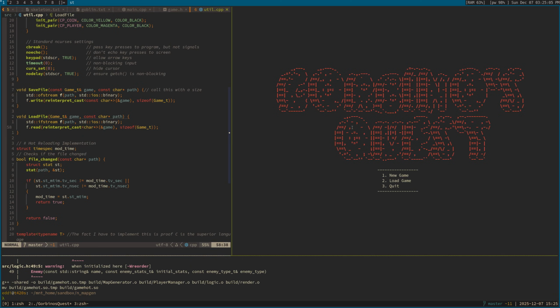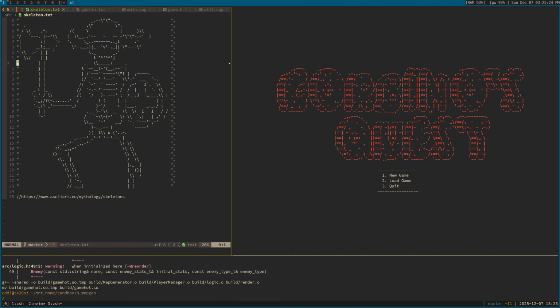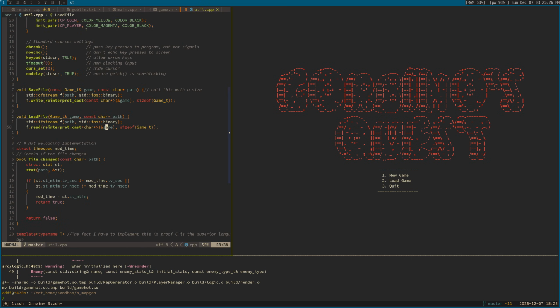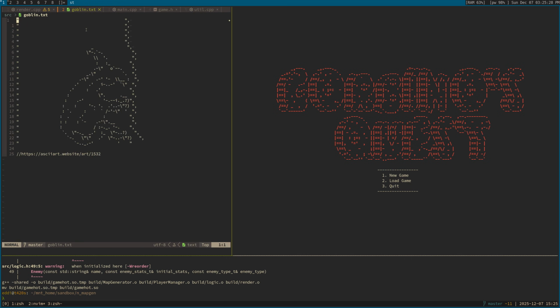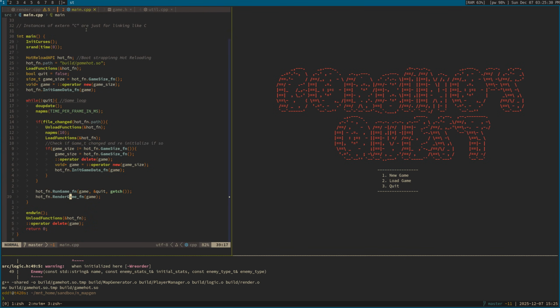So I did the dungeon crawler project for mine. I used ncurses as the graphics library, and I kind of cannibalized a lot of previous code from other projects, especially for dynamic loading, which made this so much more bearable because of the compile times. If you don't know what that is, it's basically I compile everything that's not main and utils